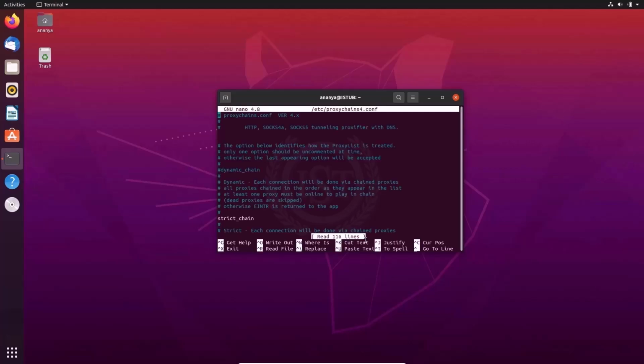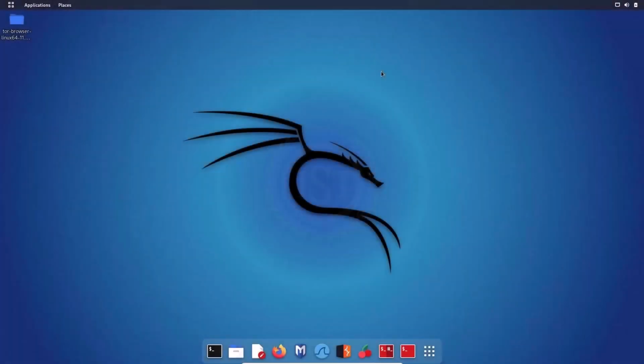And here in this tool you have to do some changes to properly configure proxy chains to work, and I'm going to demonstrate the same tool on Kali Linux machine, because most of the time we are going to work on Kali machine. So let us open this file in Kali Linux machine. So guys, as you can see, now I am on my Kali Linux machine, and let me open the same file that we have opened in Ubuntu machine.